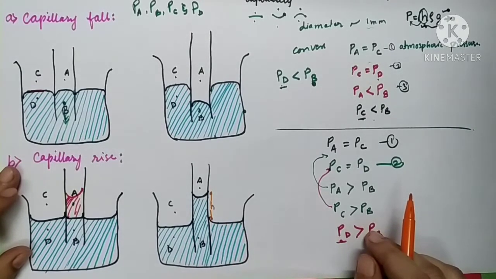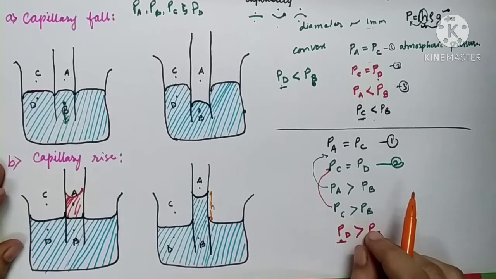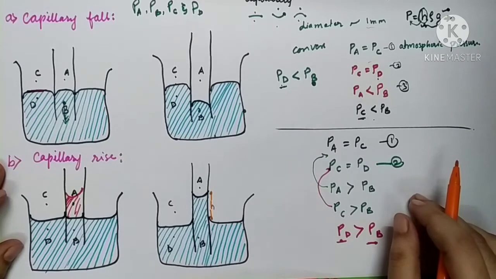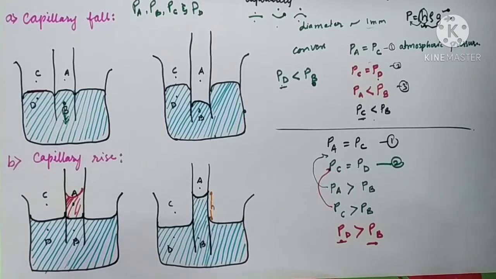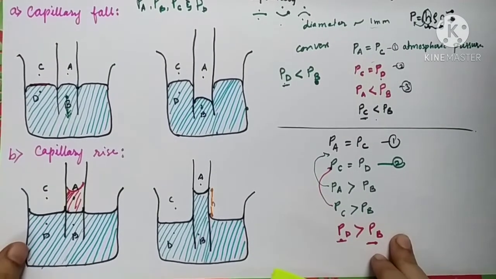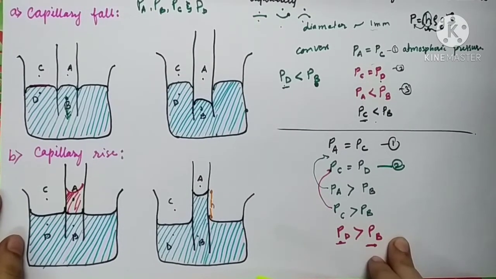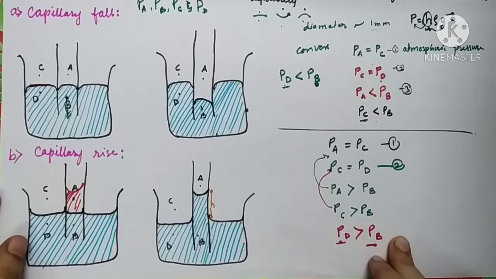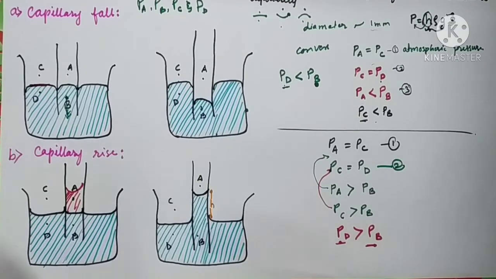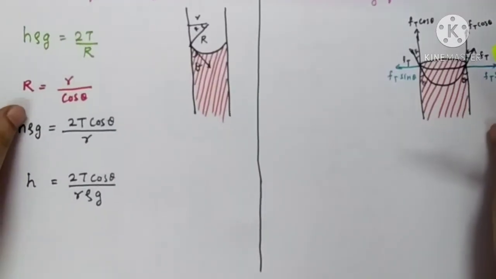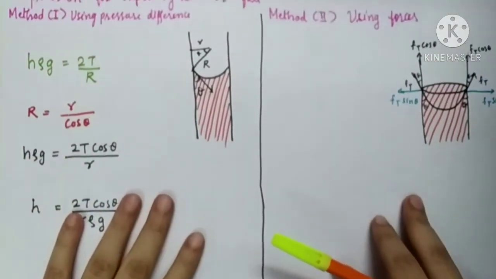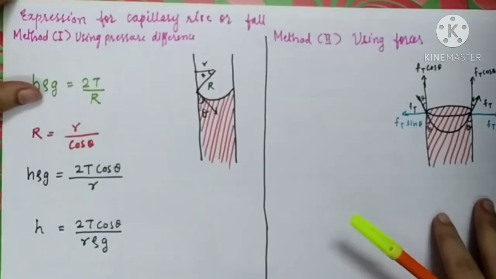So there are two different ways we can search out the formula for the height of a liquid level. Let us find out. There are two different ways we can easily determine the formula for this height of a liquid level. So let's see how we can calculate or estimate the formula of h, the height of a liquid level rise in a capillary tube. So let's quickly study it. Here we are going to learn two different methods.